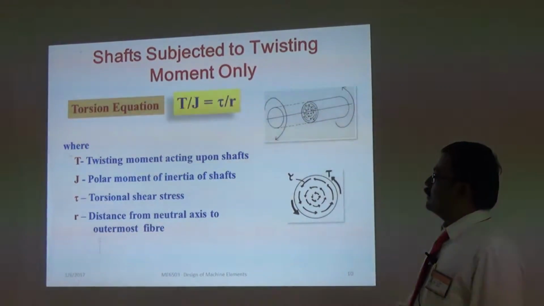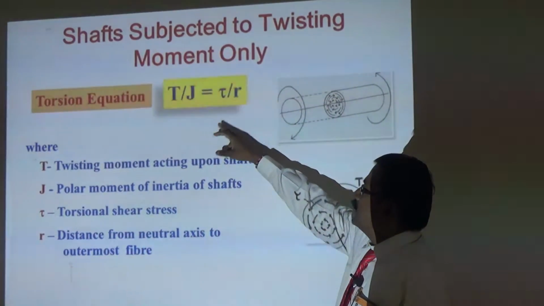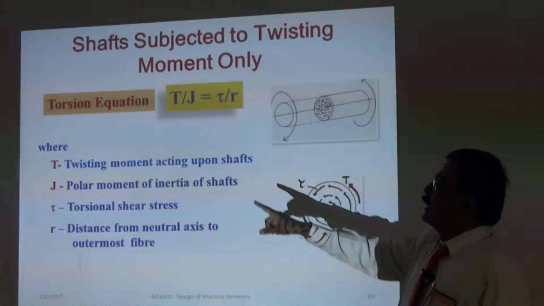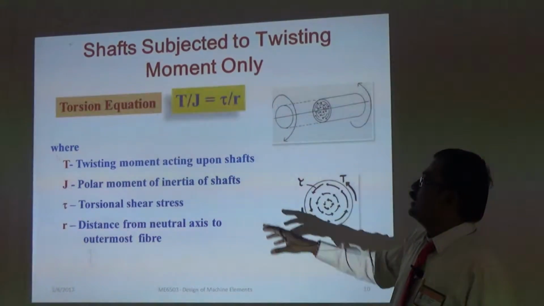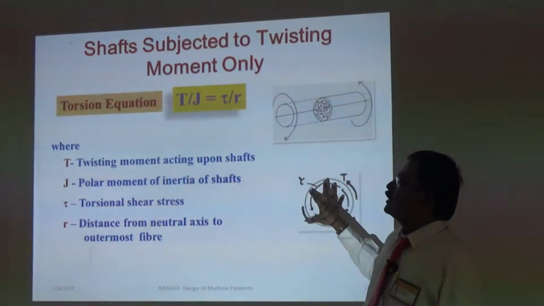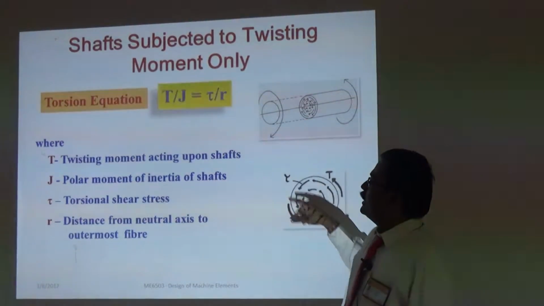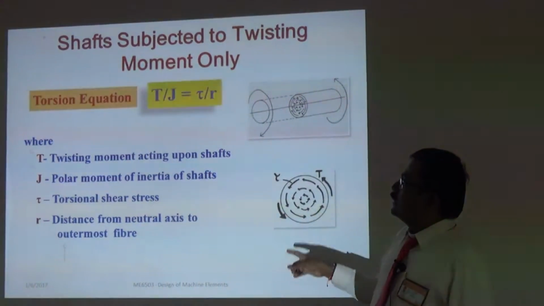which we have studied in solid mechanics, the torsion equation. This torsion equation is nothing but T by J is equal to tau by R. Here T is the external twisting moment acting over the shaft, J is the geometrical property called polar moment of inertia, tau is the shear strength of the material used for the shaft, and R is the radius of the shaft. So, if you use this equation, then